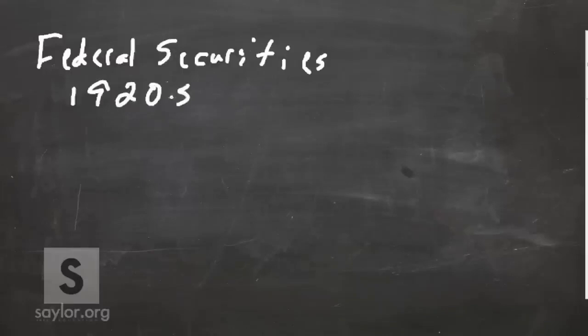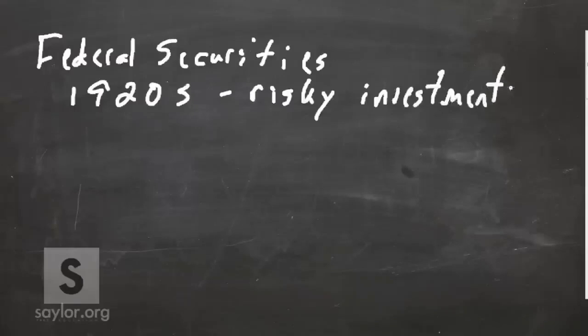During the 1920s, speculation in stocks in the United States grew as more and more common investors put money in risky investments with hidden risks. Now, as we look at this background, you probably want to ask yourself, why did it become necessary to regulate securities? Why did the federal government decide that it was necessary? And part of the problem here, I think you'll see, is this increasing amount of money going into the stock market in risky investments. And a large part of that was that not only were there risky investments, but those risks were hidden. A lot of times investors didn't know what they were getting into.